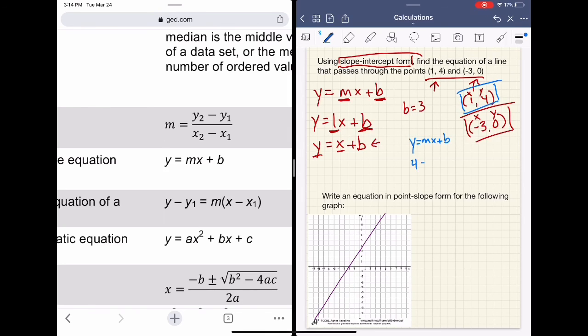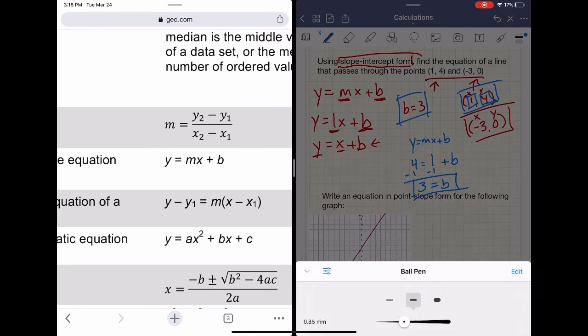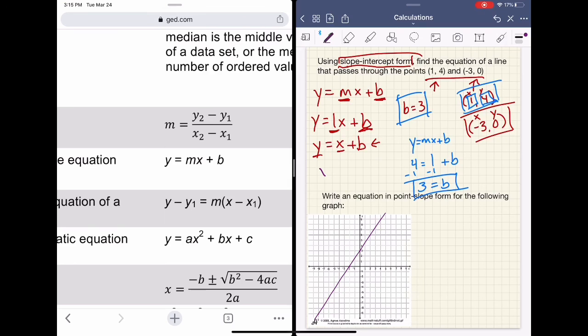So we have 4 equals 1x plus b, because 4 is our y, and 1 is our x here. So 4 equals 1 plus b. We would subtract 1 from both sides to get 3 equals b. So in both cases, and in the case of any point on this line, you're going to get 3 for your y-intercept. So now, finally, we can write our official equation as y equals mx plus b